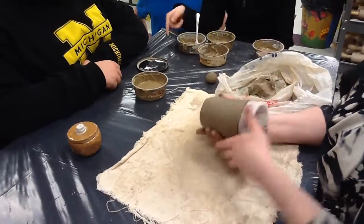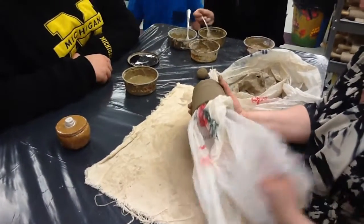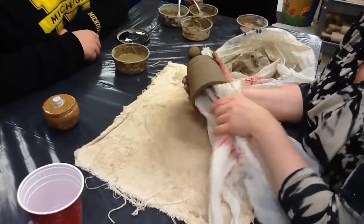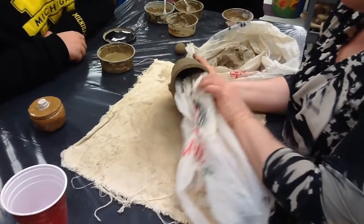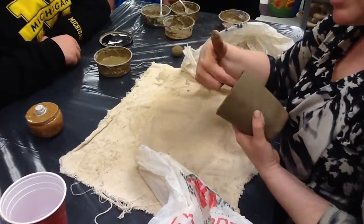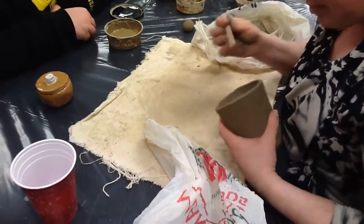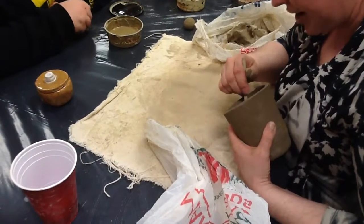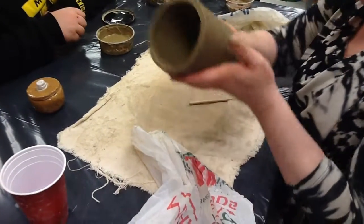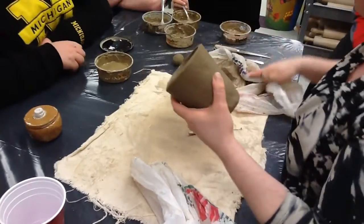Now, I have my speaker creature form created. The next thing I need to do is take my plastic bag out. And I did not score, slip, and knit on the inside yet. Now, the slip is there, but you need to score where your seams are on the inside of your pot. This one has already been done, but you're going to score those seams, and then you're going to use